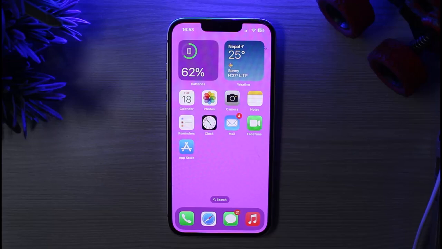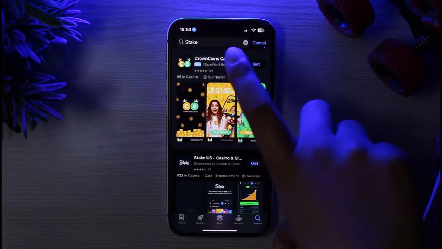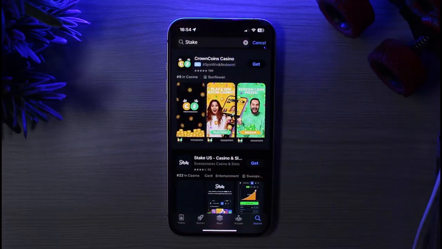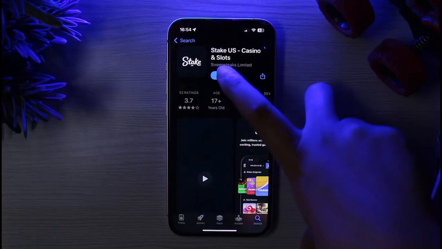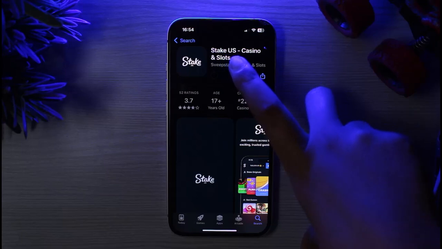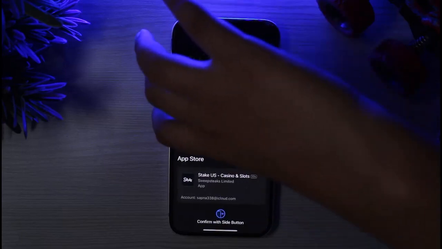So let's start. To do that, it's a very easy set of steps. All you have to do is have access to your App Store or Play Store on your mobile phone, go to the search bar and type in Stake. Once you have done that, you will find the Stake app right over here. Tap on the Get or download icon available. Simply go ahead and confirm